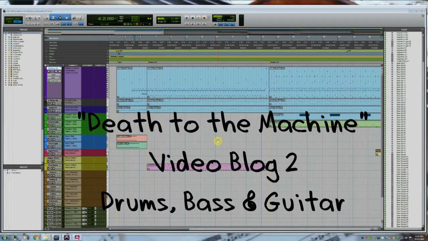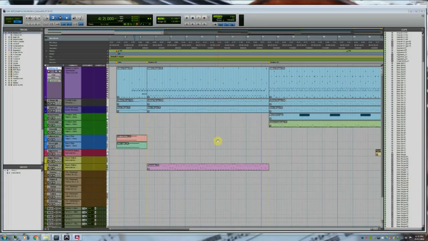Welcome back everybody to this second blog in the series where I'm talking about the production of the track Death to the Machine, a track that was designed for the game Affinity, Aeon Rising. In the first blog I talked about the purpose of the track, how it's going to be used in the combat levels of the game, particularly the boss fights, and also talked about the type of sound that I was trying to achieve. Also went over the tempo, the time signature, and the use of the Locrian mode, and then